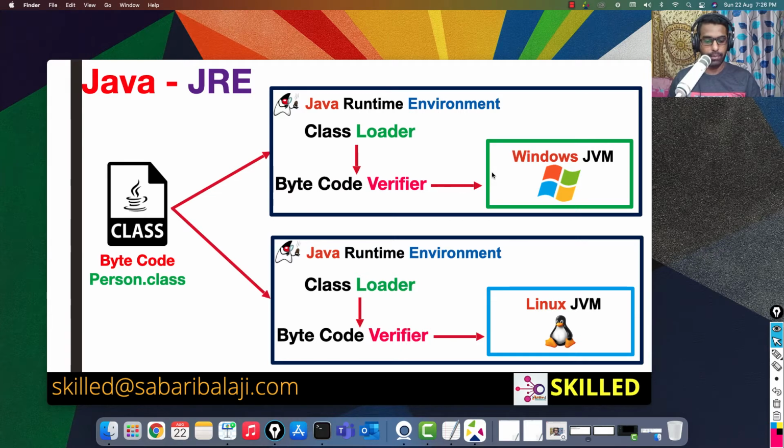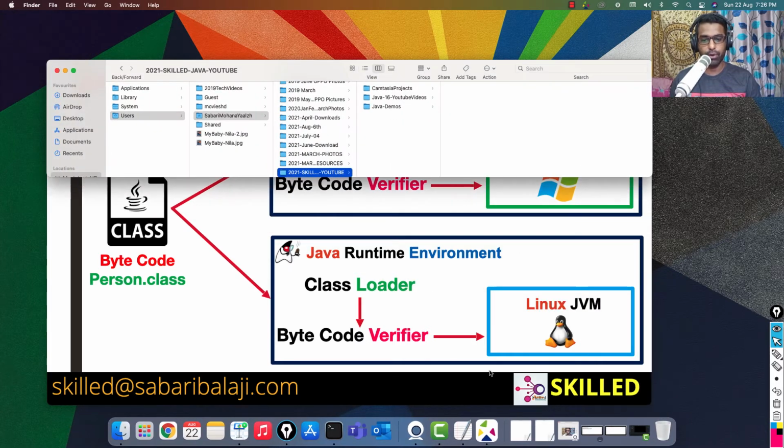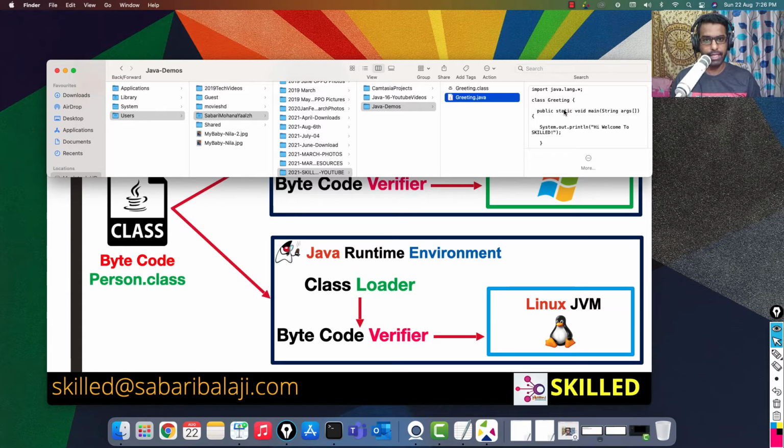Now, in the earlier video, somewhere in the compiler section, I showed you a demo of a snippet of code called greeting.java. We created a class, put in a main method, and then gave some sysout statements. So we saw the output of that file as well. Now let me take the same snippet in order to understand the JRE bytecode verifier. If you see, we already have this greeting.class. It's a dot class, which is a bytecode here, right?